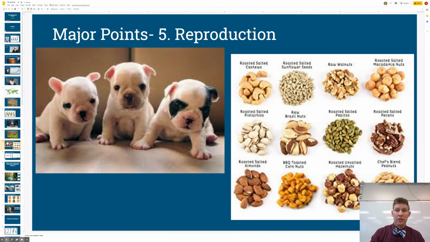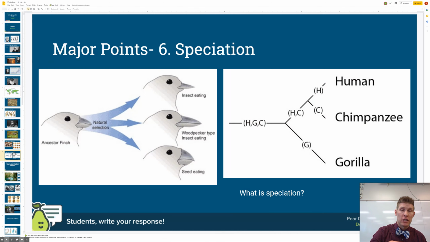Now, if you survive and you have the fittest traits, you will reproduce and pass on those traits to others. So I put the seeds on here because those are plant babies, plant eggs, pretty much. So yeah, when you eat seeds or nuts, you're eating plant babies. So just so you know. Okay, cute puppies. Okay, so you got to reproduce and pass on those superior traits for their environment. That doesn't mean they're the best traits. It just means it's the best for that environment.